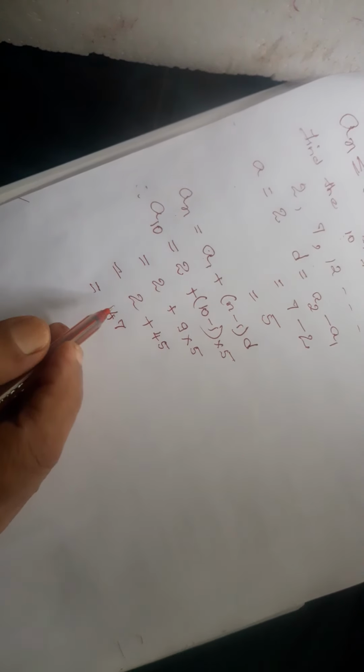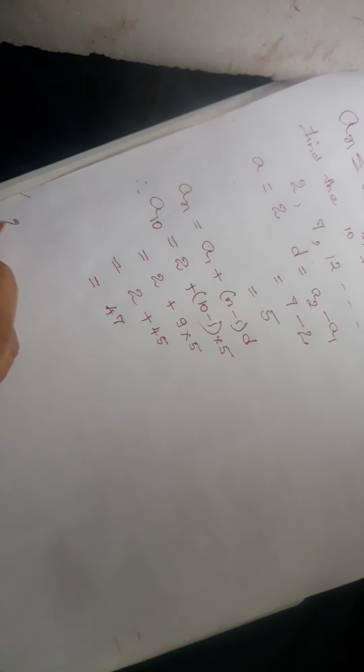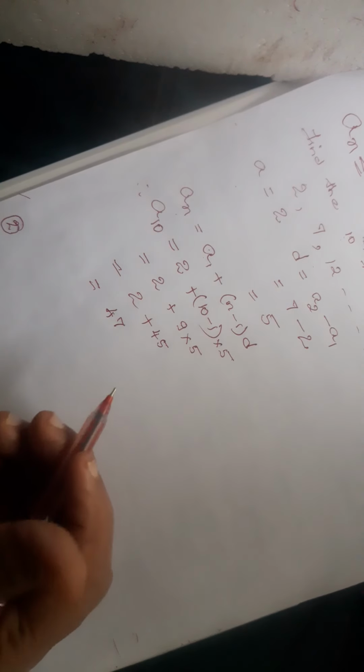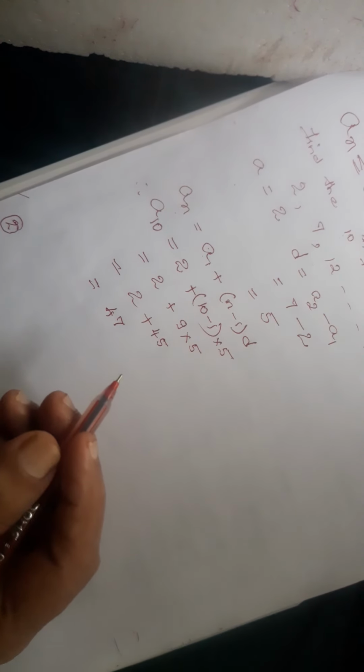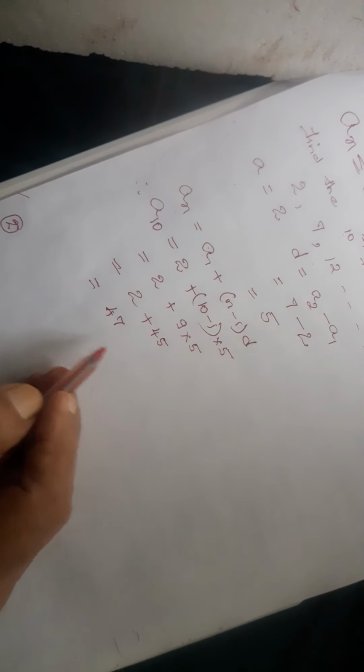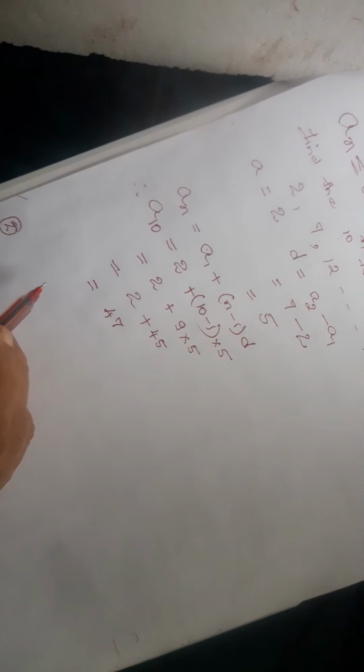Now the first sum is over, the worked example. Now the second worked example I am going to take. This type of sum, you must be thorough. You learn it properly. It is very simple. The AP was given and you could write a, you could write d, and then you could find the value of the 10th term. The value of the 10th term is a10, and according to the formula we can find it by substituting the values. So we have got the answer 47. Let us go to the second one now.